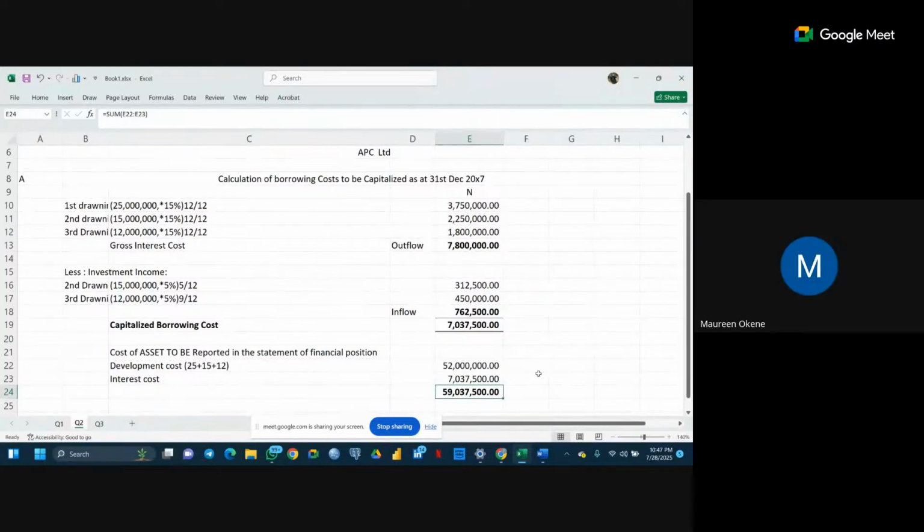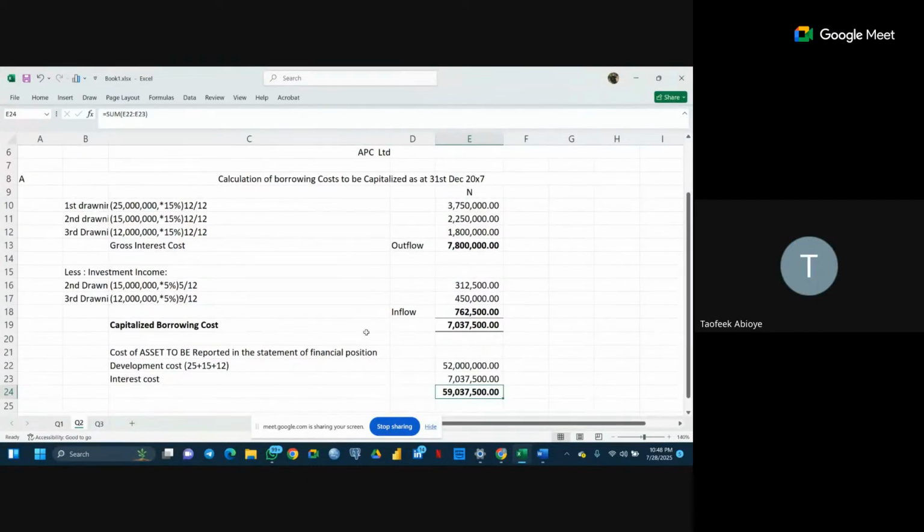And the second one is as regards the investment income. The question said that the excess surplus funds was invested. So in January, out of 55 million, we took out 25 million, it remained 30 million. Then in May, we took out 15 million out of the 30, it remained 15 million. So the calculation is just really confusing because you use 15 and 12 when we still have... I don't know if you understand what I'm trying to explain. Understood. Okay, sir. Thank you.